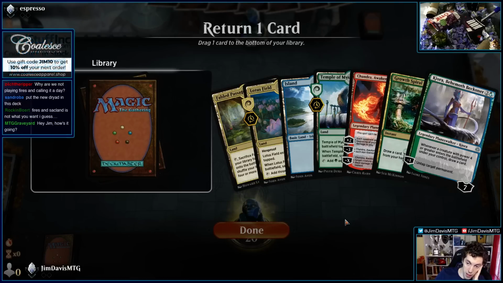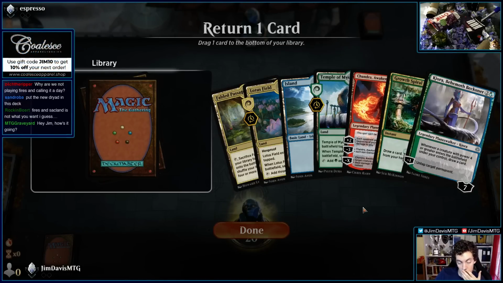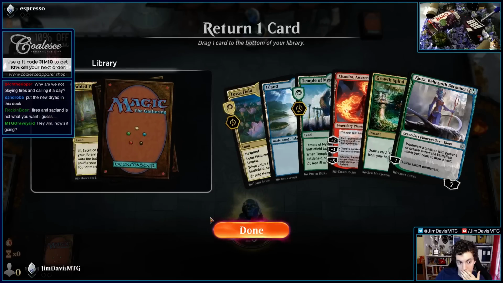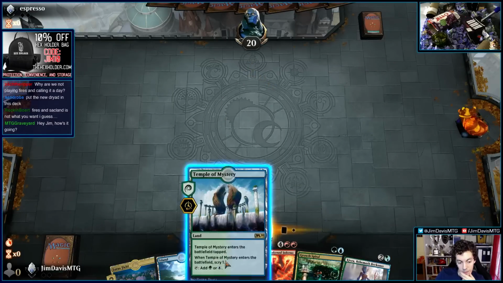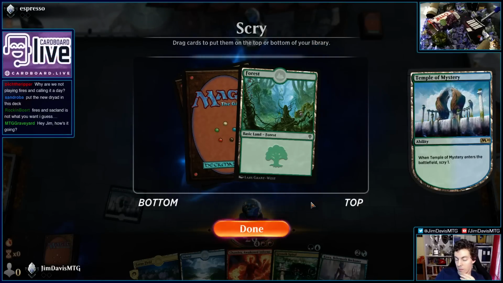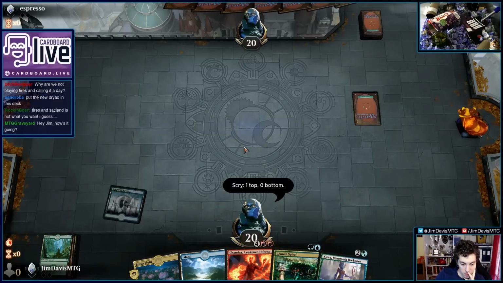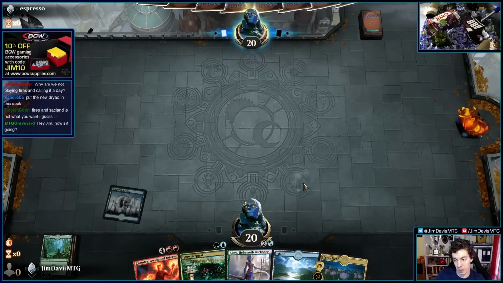I think we'll draw into a spell. I don't think that Chandra's amazing. I guess it is a good sweeper to clean up. Alright, I guess I'll be greedy. What's up, Graveyard? We're going to keep this forest. We've got the fix here. We've got the Kiora and the Lotus Field, so...